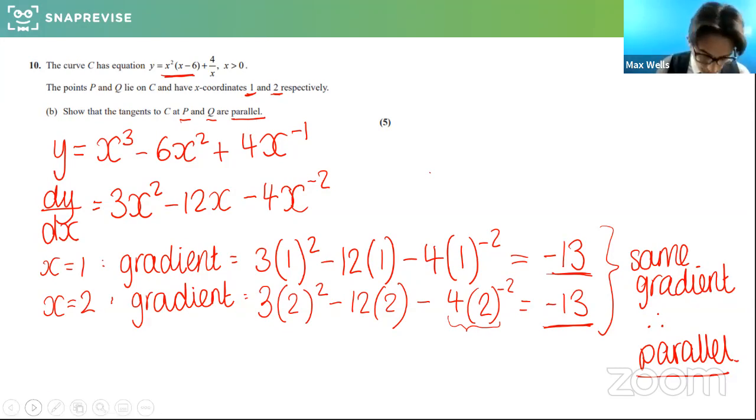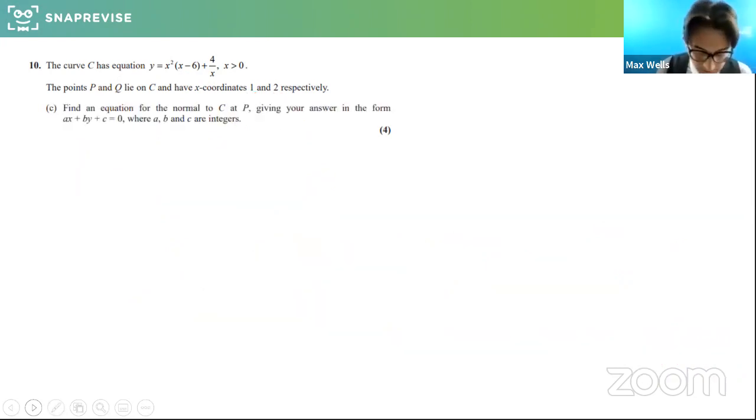So a bit more on this question now. And this is a very typical style of question here, the way they've asked you to give the answer. So they've said, find an equation for the normal to C at P, giving your answer in the form ax plus by plus c equals 0, and a, b, and c have to be integers. Okay, so they need to be whole numbers and they need to be in that form. And often we like to put it in the form y equals mx plus c, but we do need to look out for this because this is very common that exams will ask you for it to be written in a certain way. And it would be awful to lose the marks when you've done it all right, essentially, and just given it in the wrong form. Okay, brilliant.